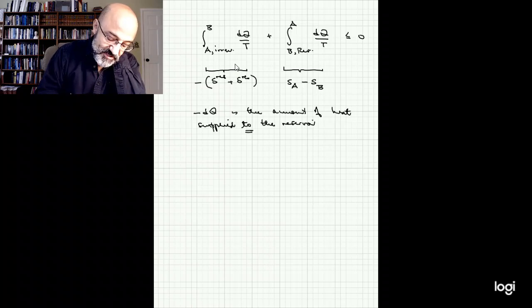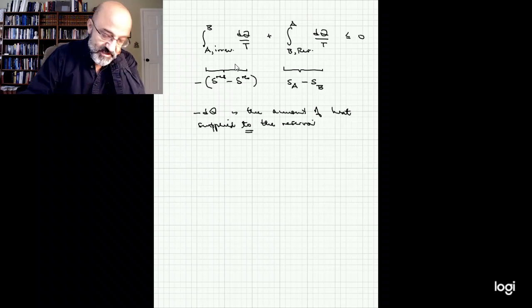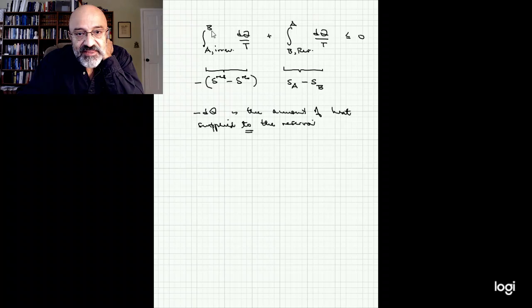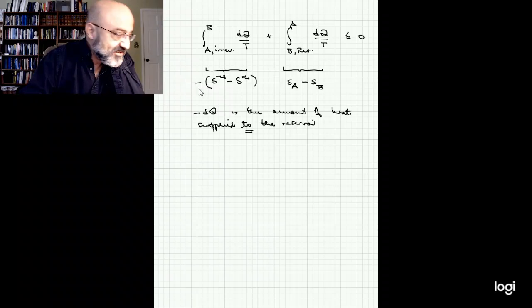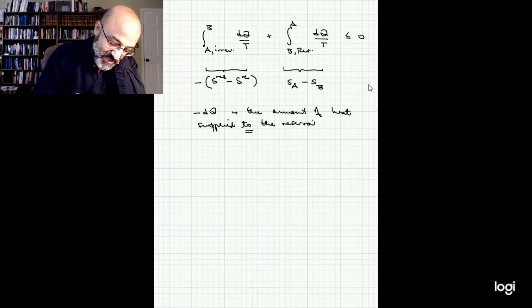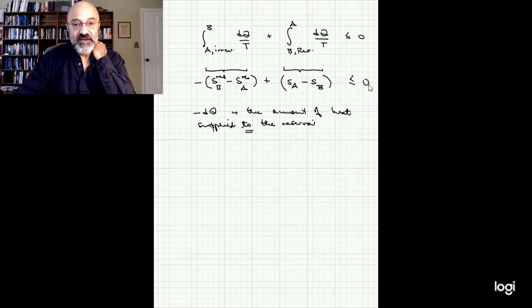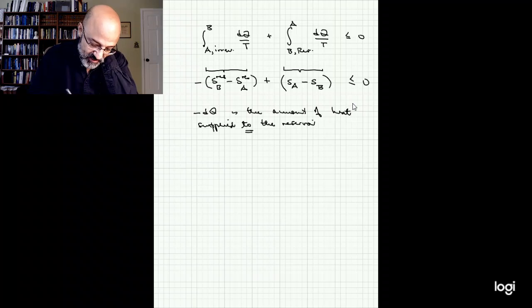And since this would be the change B minus A, because of the minus dq there, I should write this as B minus A plus this other piece. This is negative. Let me collect terms here, and what I have here is